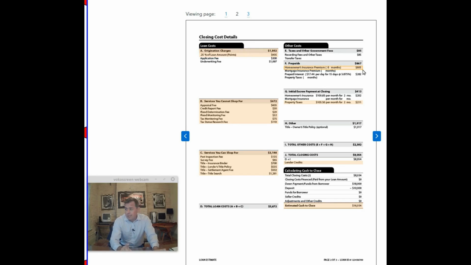These are costs that are going to be called your prepaids and your taxes and other governmental fees. These are pretty much standard. They're going to be pretty much the same across the board because they're just going to be standard fees. On the prepaids, these are where they are setting up your escrow account, your taxes and your insurance. That's all being collected, and they're setting up enough in the account to be able to pay it by the